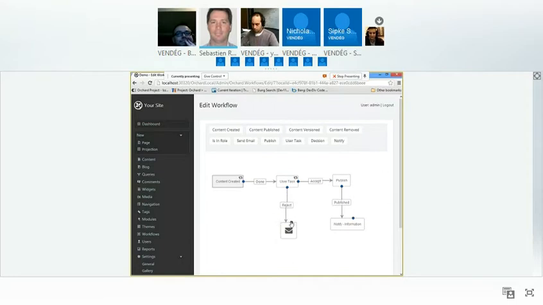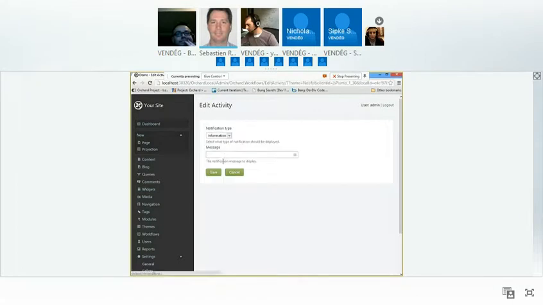Reject. Then when the email is sent, I will create a notification which says document rejected, email sent to, and I can say content.author, say warning. Then when the email is sent,